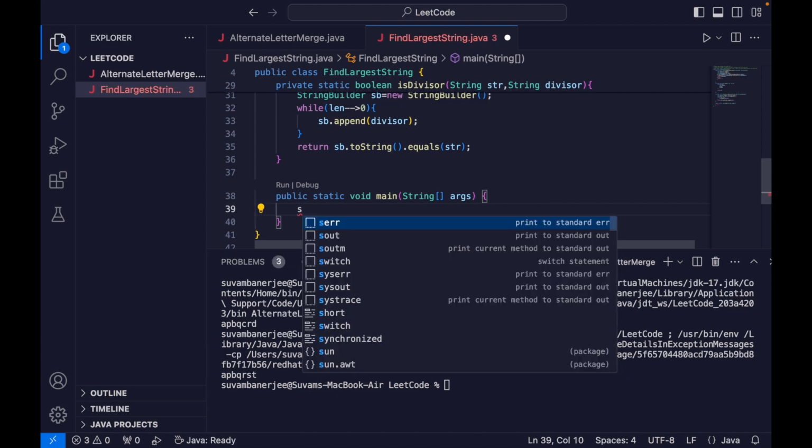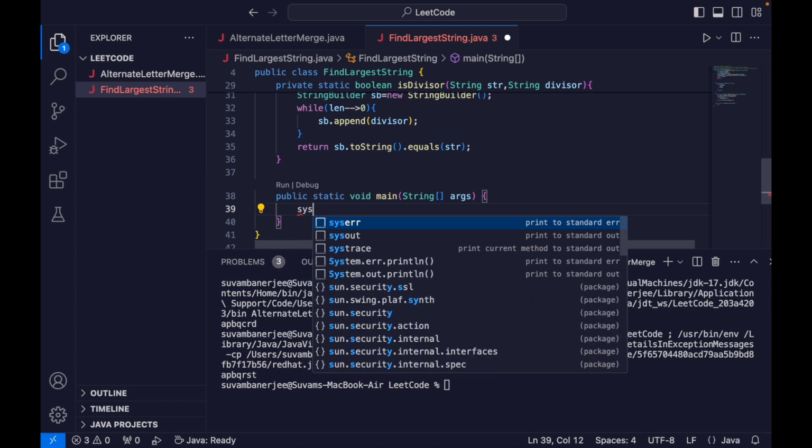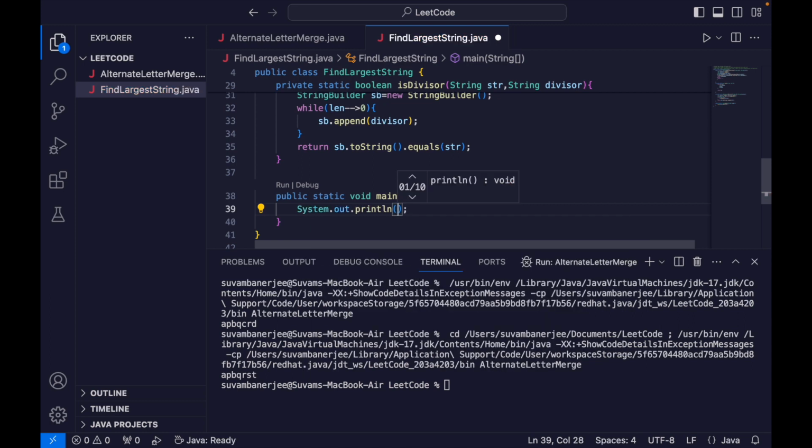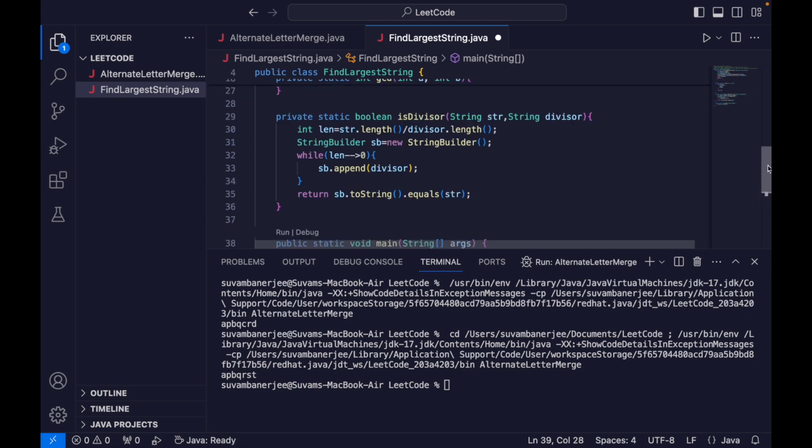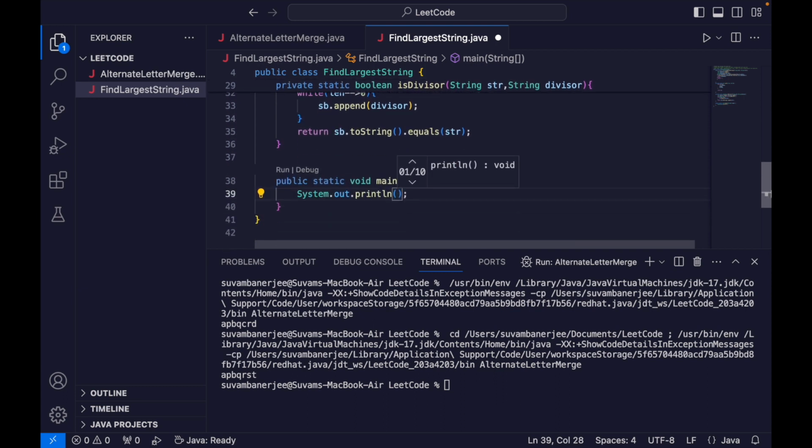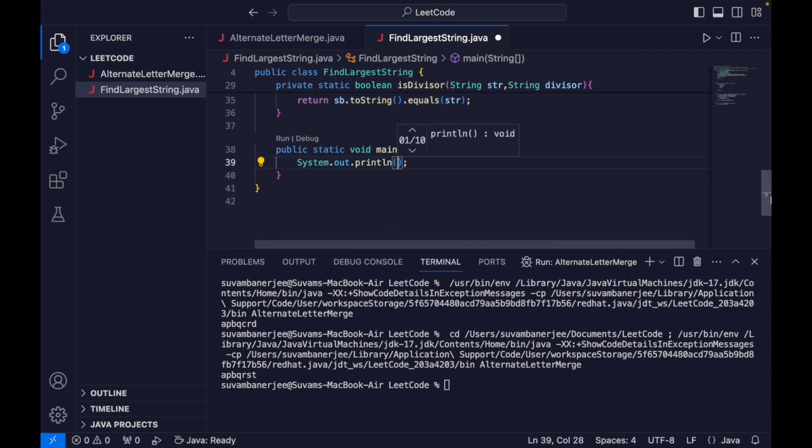let's say a sysout statement, right? As we have written these methods with the static keyword, we do not need to instantiate the class. We can use the methods without instantiating the class, because a static method is a class property. So the class property means you have to put here directly the